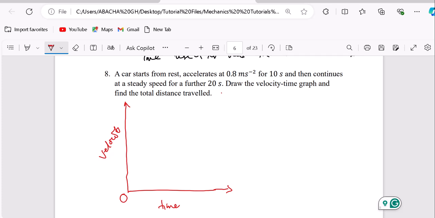And so what will be the velocity for that? The velocity will be equal to the acceleration times the time, which is just 10 times 0.8. This gives us 8 meters per second. So it goes